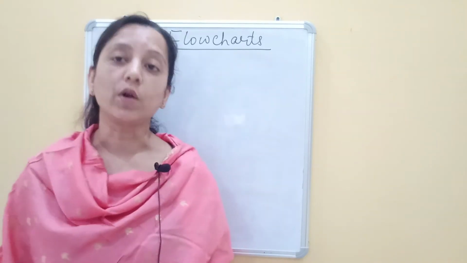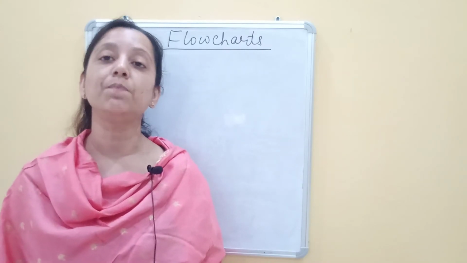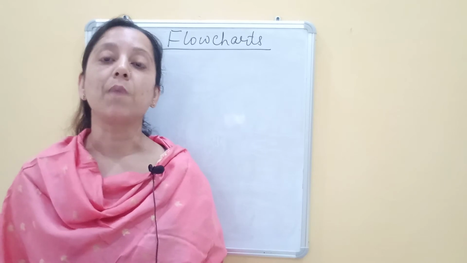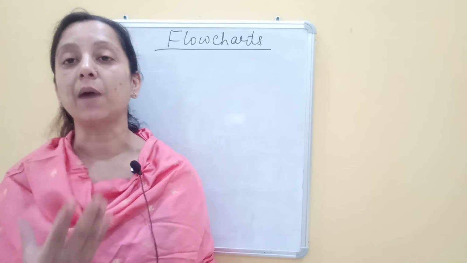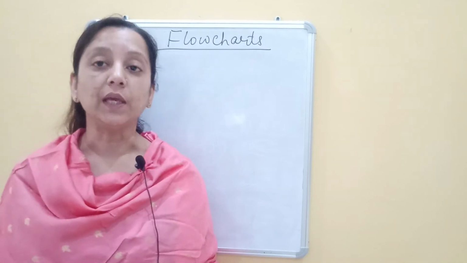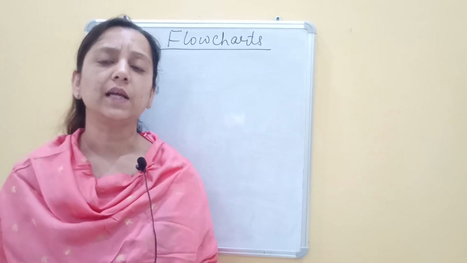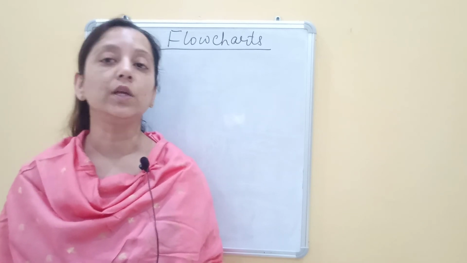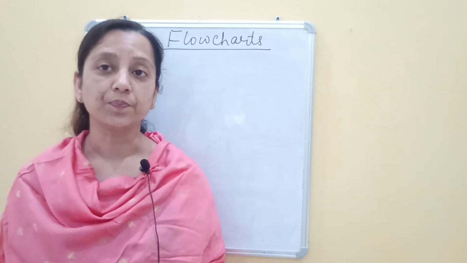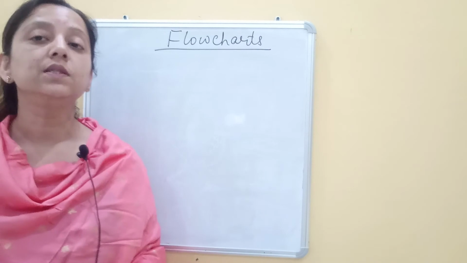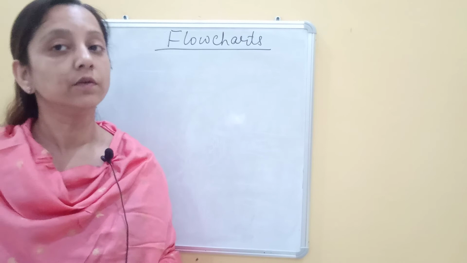Now, basically what is a flowchart? A flowchart, as is clear from the name itself, tells you about the path of the flow of the information. That is, what is the particular path in which the information is flowing and how that information is being processed. So basically I can say that a flowchart is nothing but a pictorial or graphical representation of an algorithm, right? There are certain symbols which are used in a flowchart for the pictorial or graphical representation.